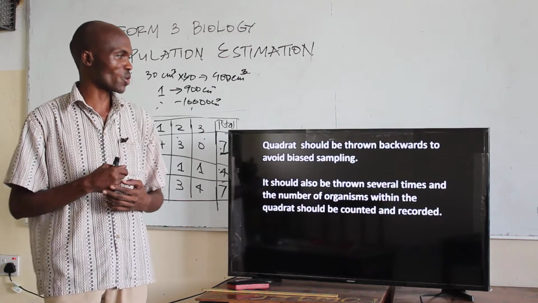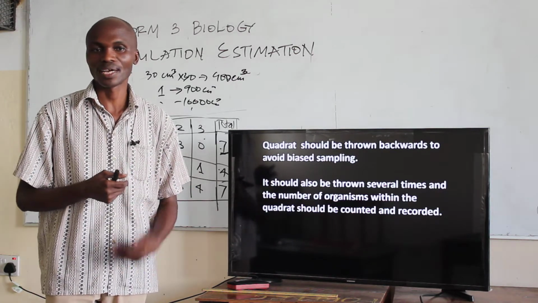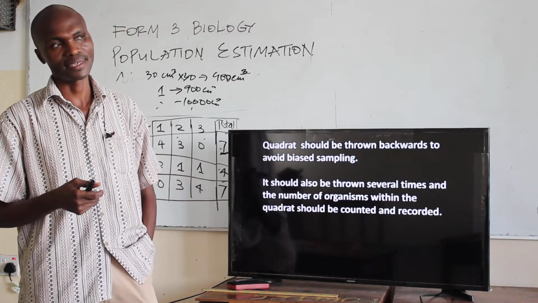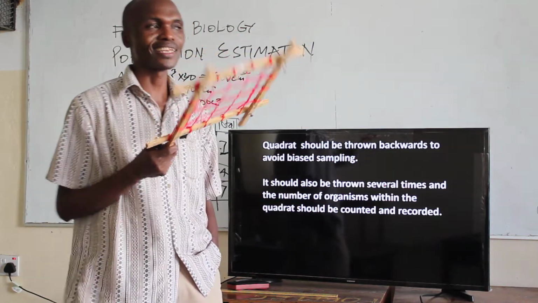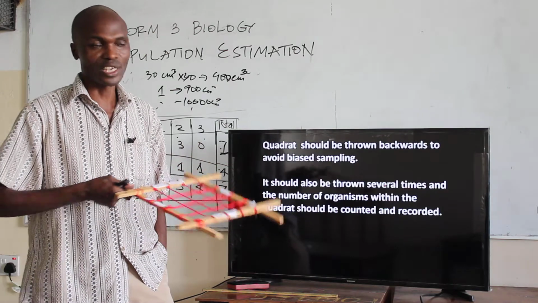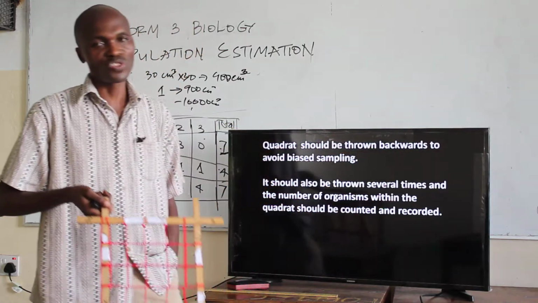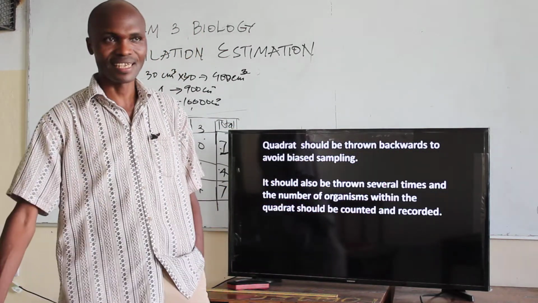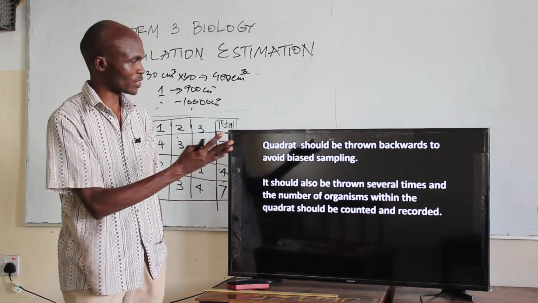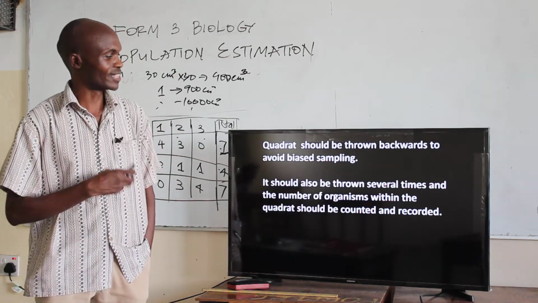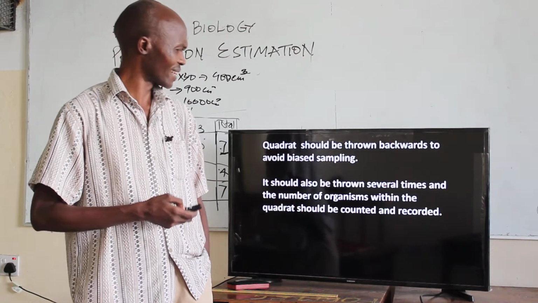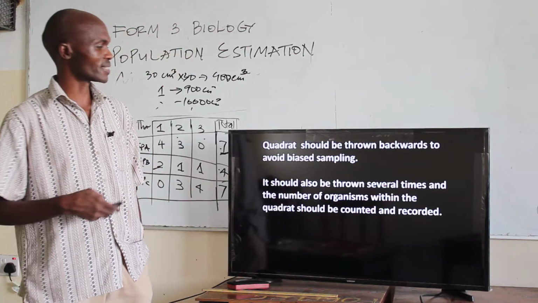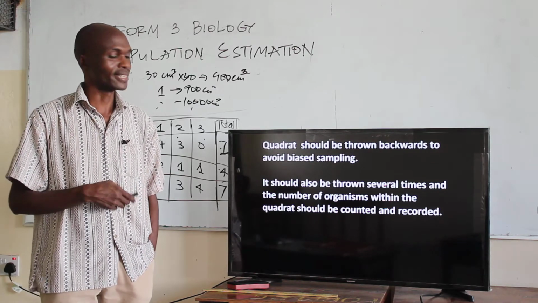A quadrant should always be drawn backwards to avoid biased sampling. So if you are drawing this quadrant ahead of you, you are likely to be selective. It's like you are choosing not to draw. But if you draw it backwards, you cannot see. So bias is actually eliminated in that case. It should also be drawn several times, and of course, the number of organisms must be counted and recorded at